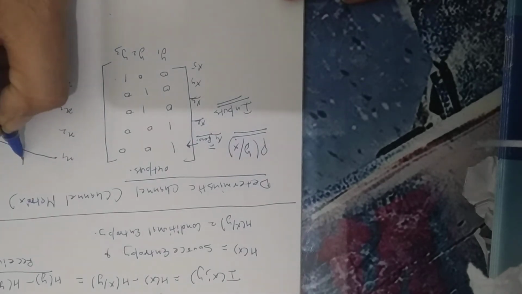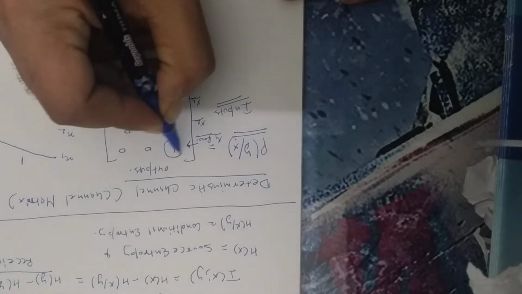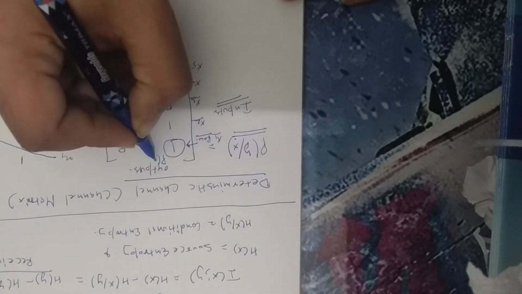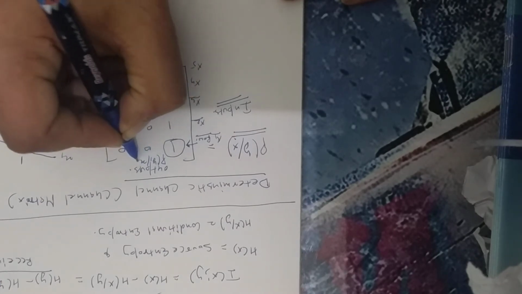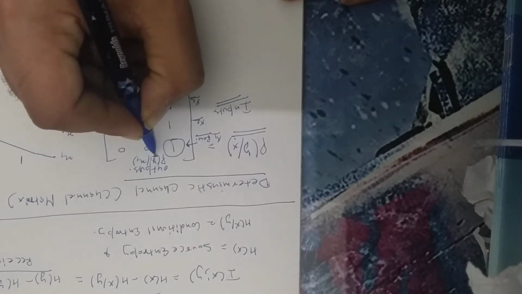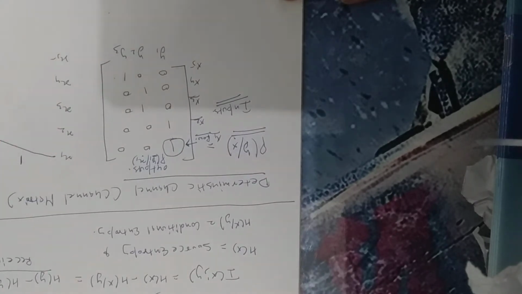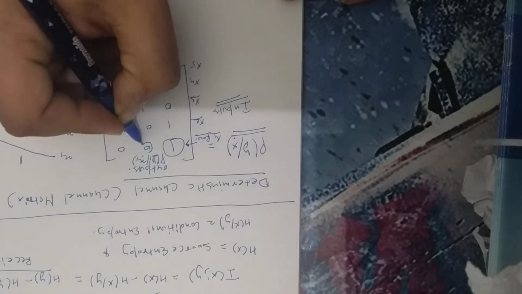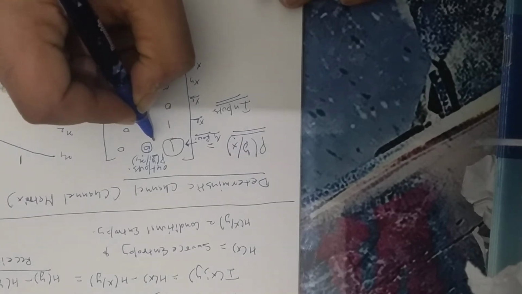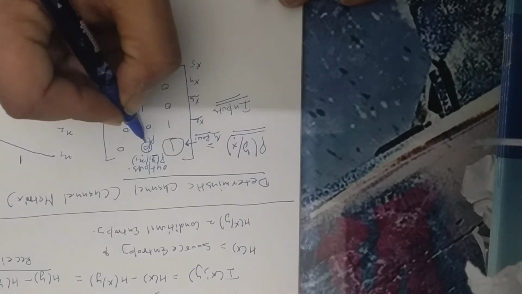That is 1. This first one means p(y1/x1). That means the probability of receiving y1 when x1 has been transmitted, and this is equal to 1. Now what does this 0 stand for? 0 stands for p